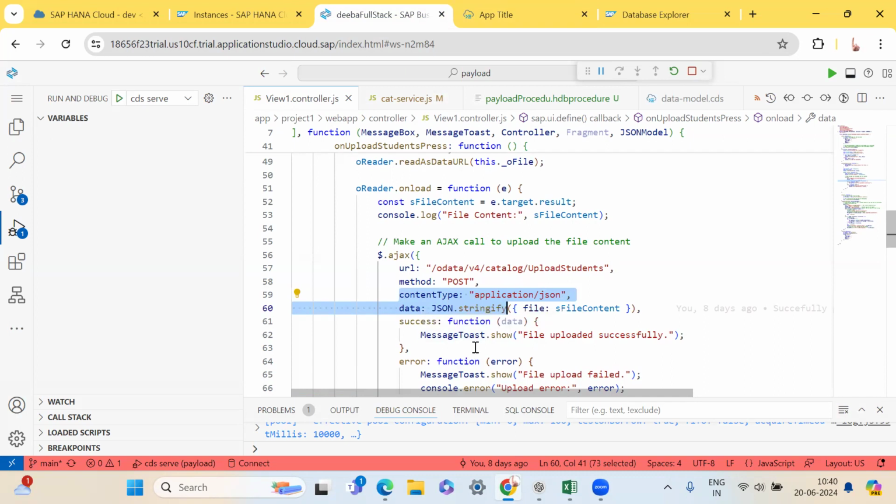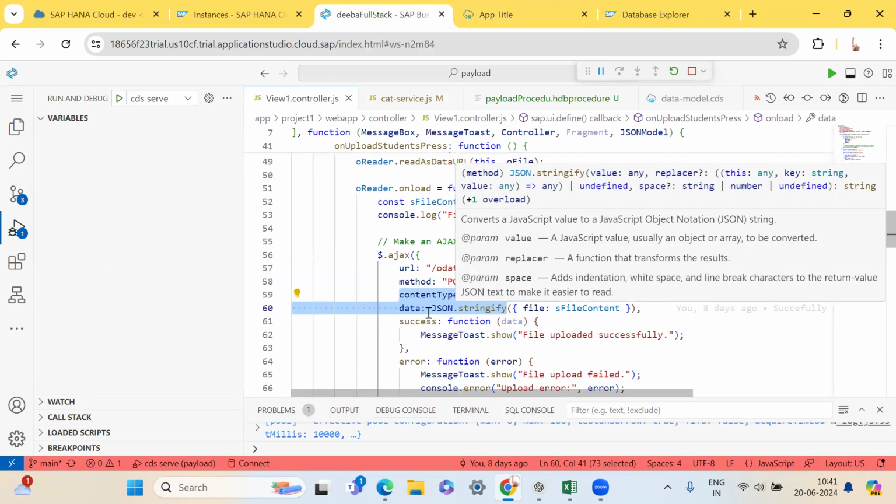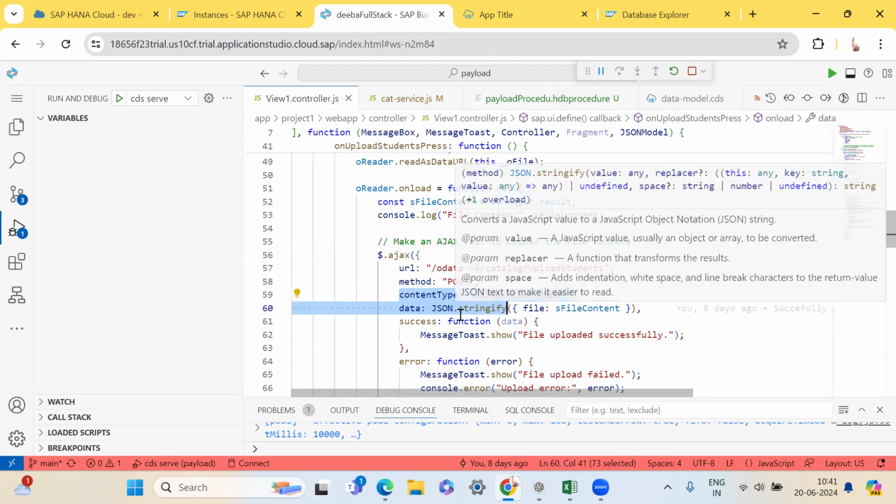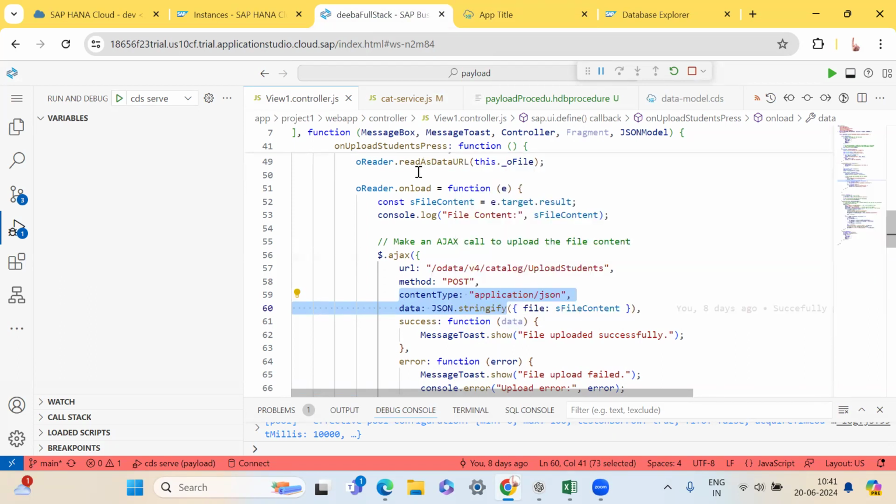That means an object that has a property value. Since it's OData, you have to send the thing as a JSON string, which is why the content type is mentioned here as application JSON, right? So HTTP base 64 is there, and that's been packed inside the JSON property value, which is why we use this particular thing. Now coming back to our